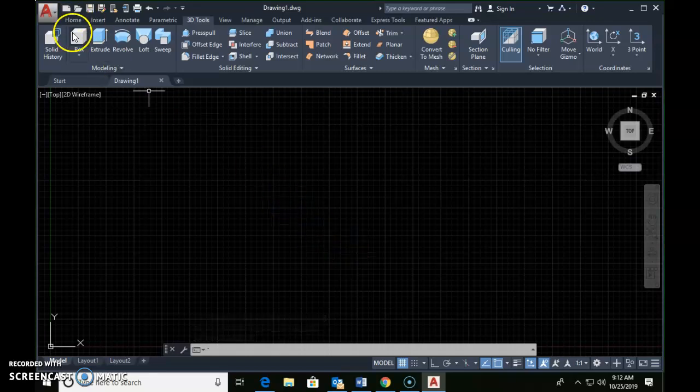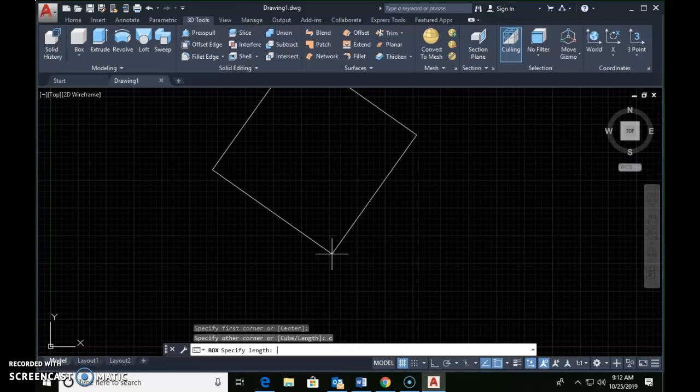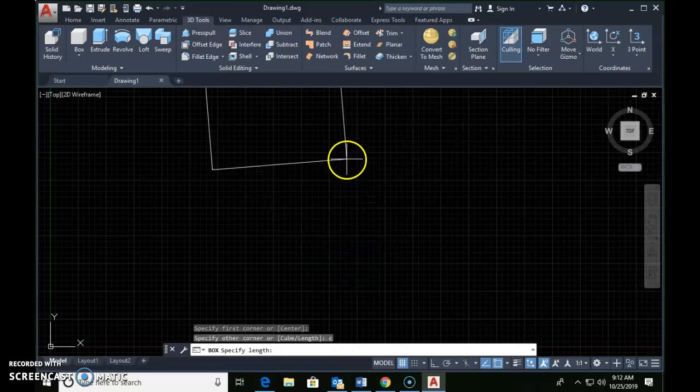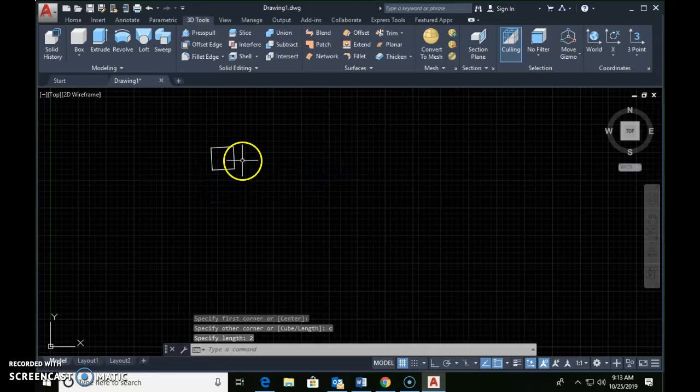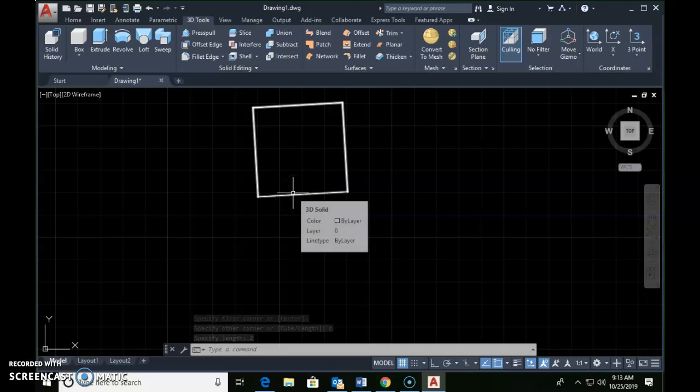So let's go ahead and repeat our box command. Pick your starting corner. And let's go with the length option. Actually, let's not go to the length option. Let's go C for the cube option. C. And specify the length. We're going to make this a 2-inch cube. So we're going to go 2. And there we go. However, when I did mine, I kind of forgot one portion of this, which is we're